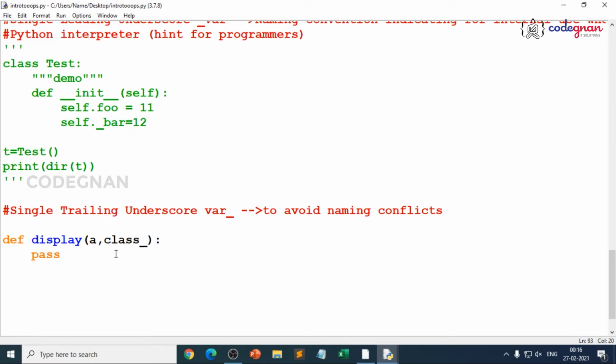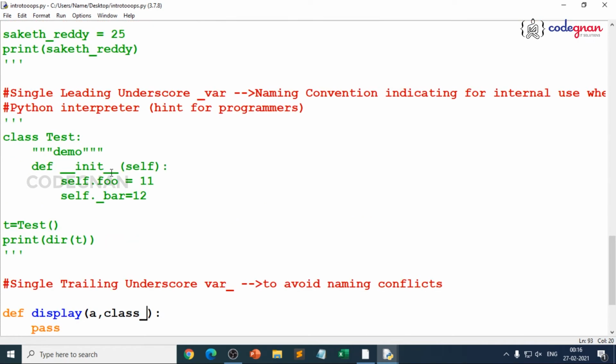So whether you use single leading or trailing underscore, when you use a single leading underscore and pass variables like foo, bar in the above example, you are giving a hint to the programmers. It will never make sure that it causes any disturbance. It will directly call them.